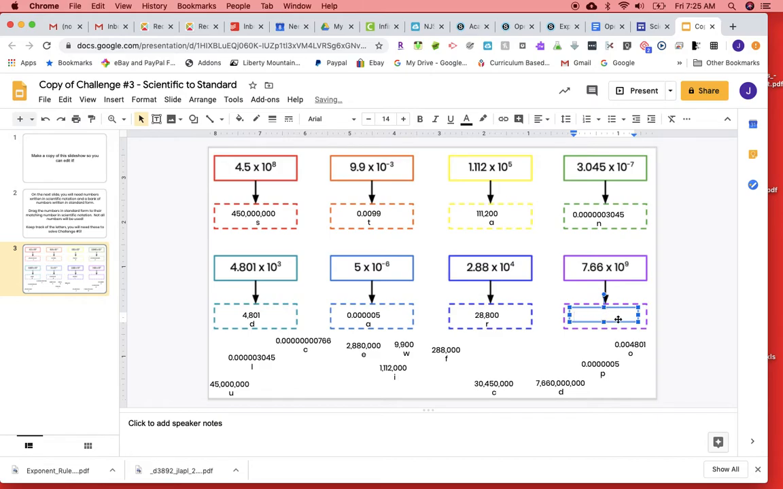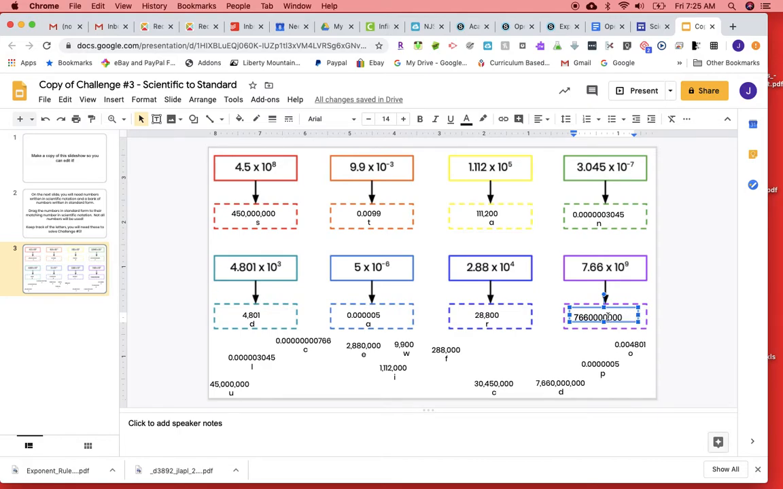Right now our decimal is between the 7 and the 6, so I'm going to move it 1, 2, and then I need 7 more zeros to make a total of 9 movements. So 7, 6, 6, and then 7 more zeros. 1, 2, 3, 4, 5, 6, 7. So let's make sure we moved a total of 9 places. It was between the 7 and the 6, so I moved it 1, 2, 3, 4, 5, 6, 7, 8,